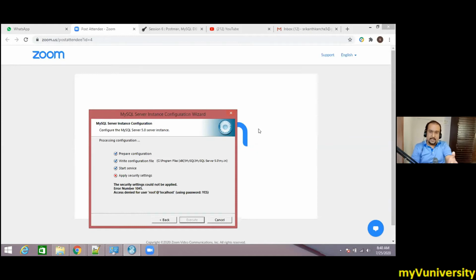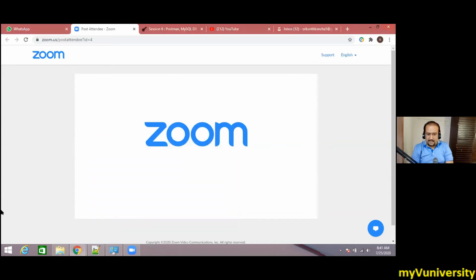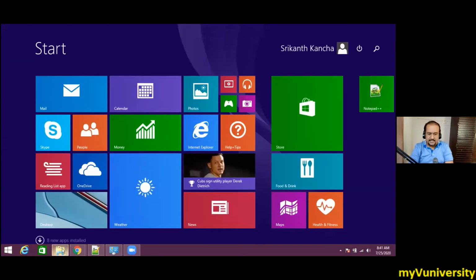So it's good, it's giving us an opportunity to see that problem in installation. So cancel this, Srikant. The remedy is to go to your program files directory. We will delete the footprints of the previous installation.